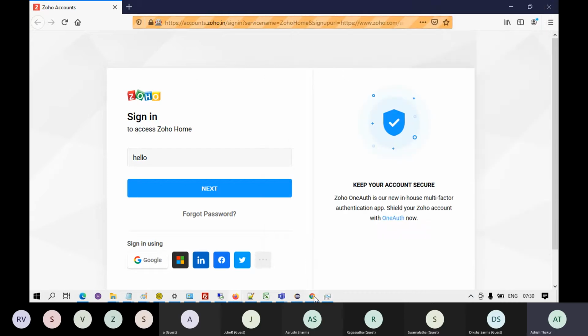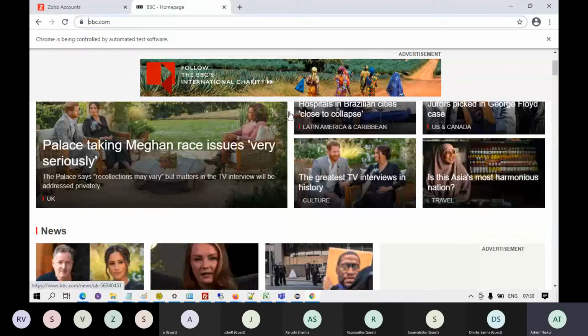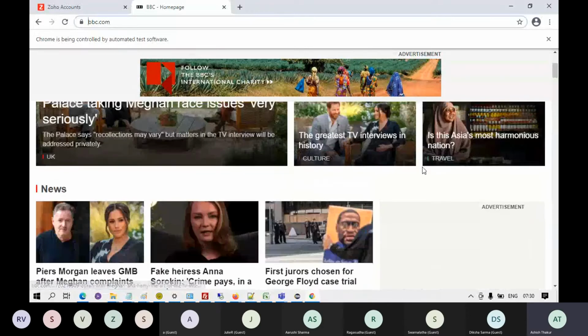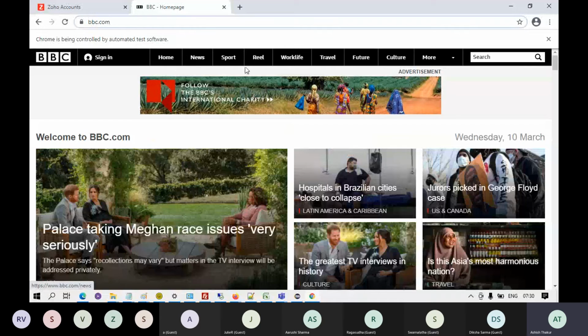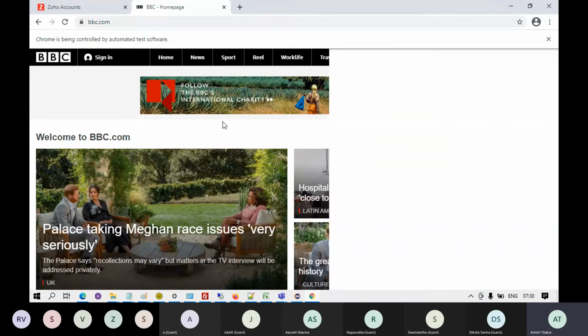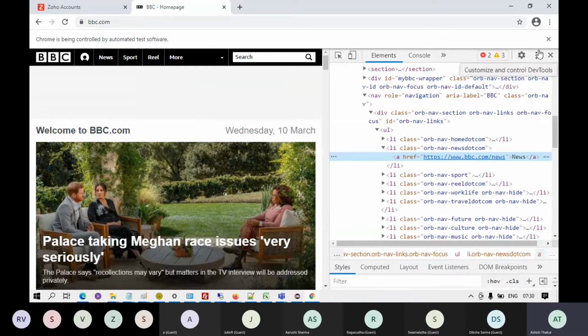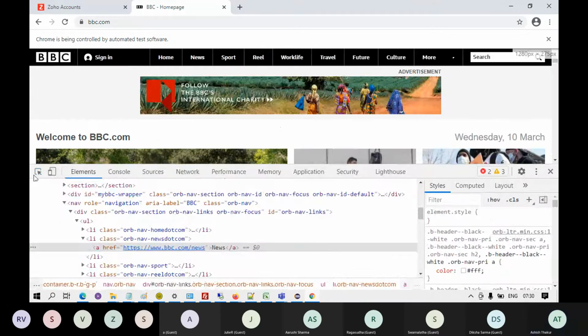Okay, so if you move over to bbc.com, on this website, if I look at the link, say on the top, news, right? So if I investigate this link, news, and suppose I have to click on it, fine, I go and investigate this link.